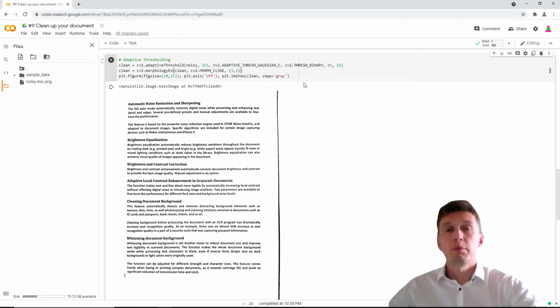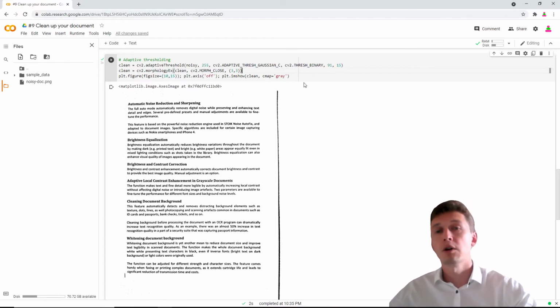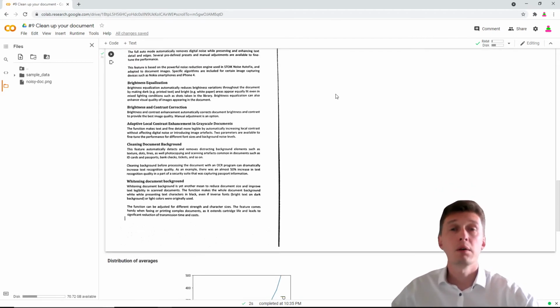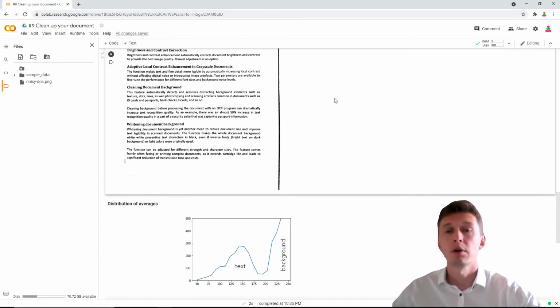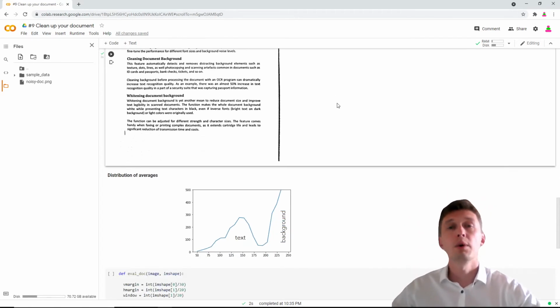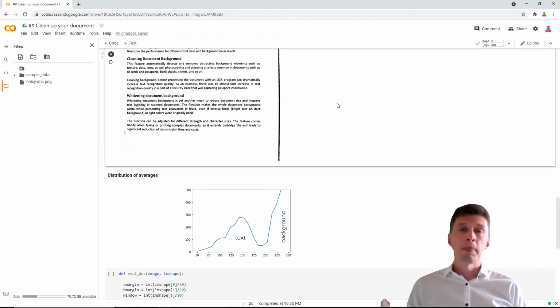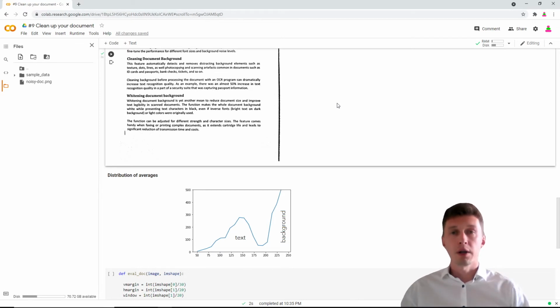So we can either print out all the possible documents with different sets of parameters, or we can build some small automation. I will give you some reasoning, my idea how to do this small automation. If we divide our document into a number of sections, number of windows, and calculate the number of black pixels per inch per section, it will be roughly the same for the text area, and it will be roughly the same around white for the background area, for the white page. And a good looking document will have a distribution of this average like this one.